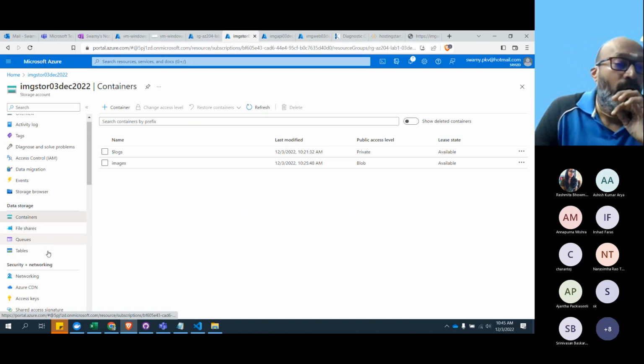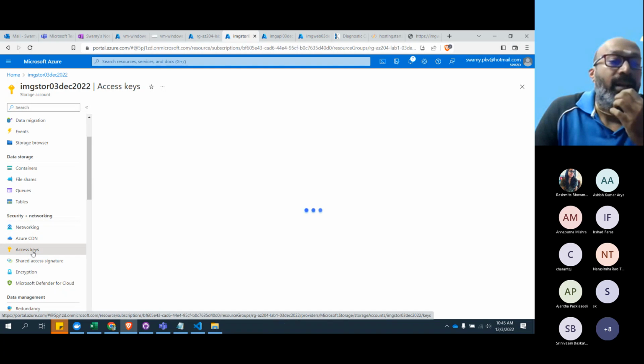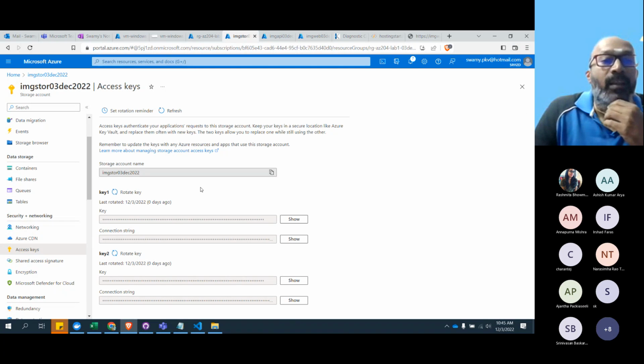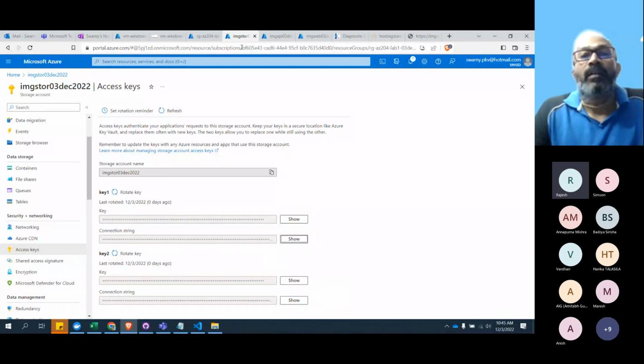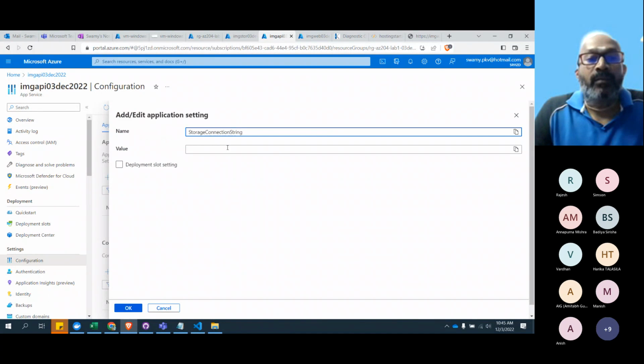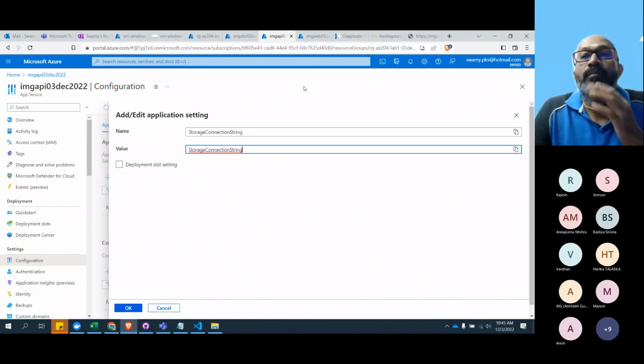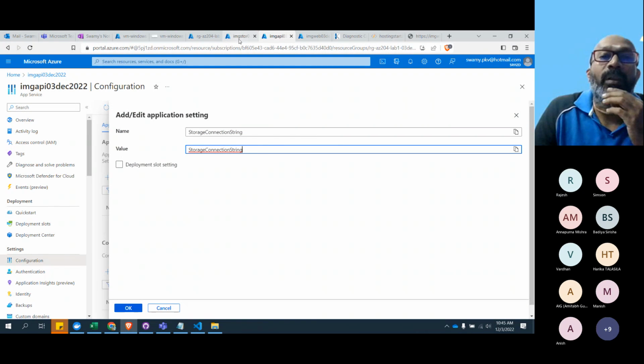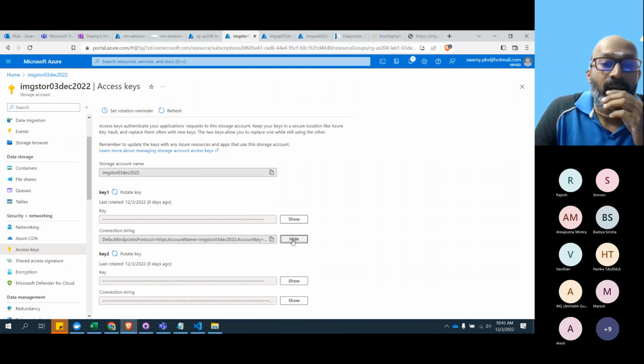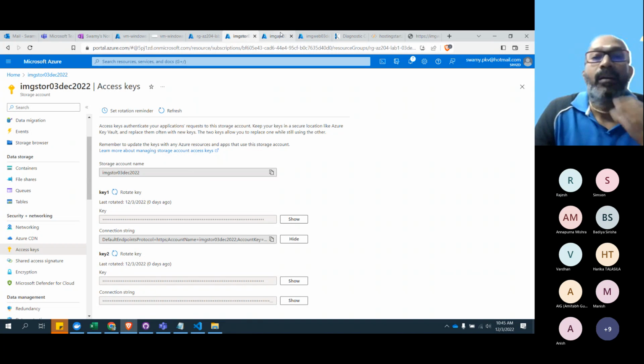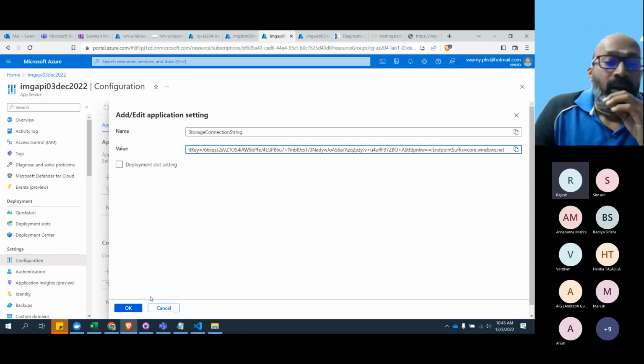We can come to the access keys, and these are the connection strings. I'll copy, and then come back to this. Didn't I copy that? Copied. I save it